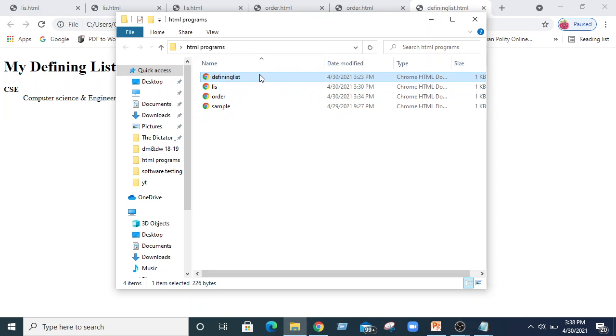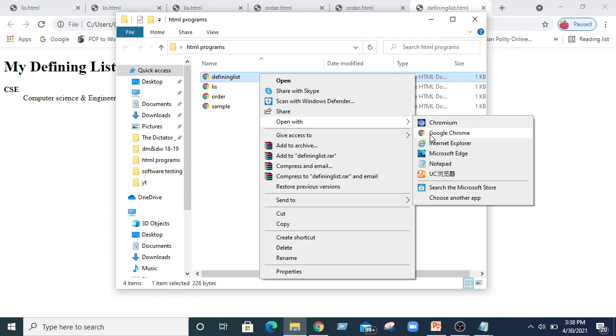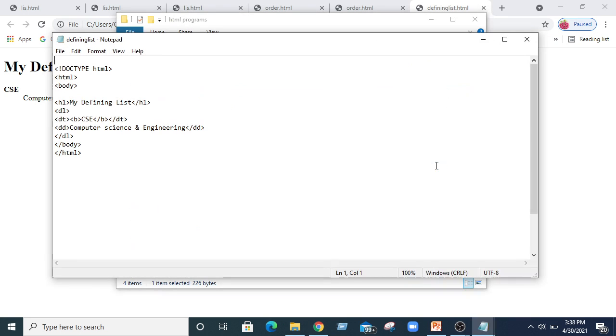Let us change that program now. I can place one or two more lists. Open with Notepad. We can simply write the code in Notepad, save as the file name .html, and you can double click the program.